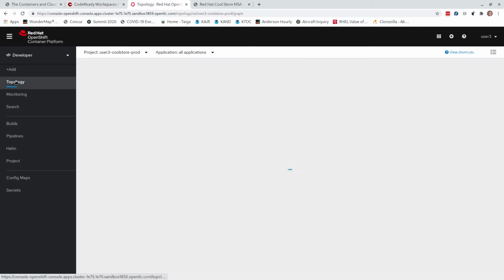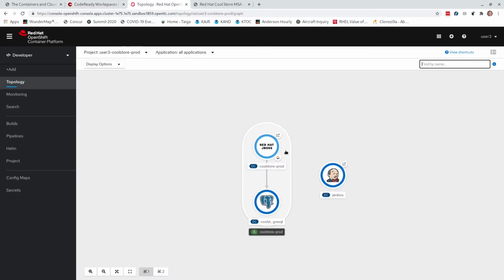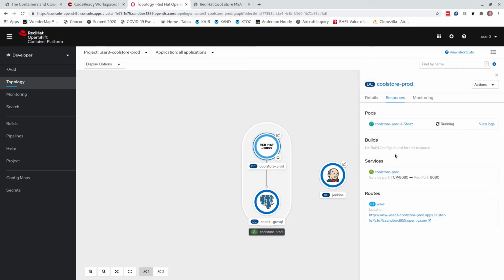Go back to topology. Okay, you can see this is on the way up. There's no build icon. On the bottom left here, we'll see builds from time to time. The build's all happening within the Jenkins. So there's just going to be a deployment. If I click on the deployment config here,